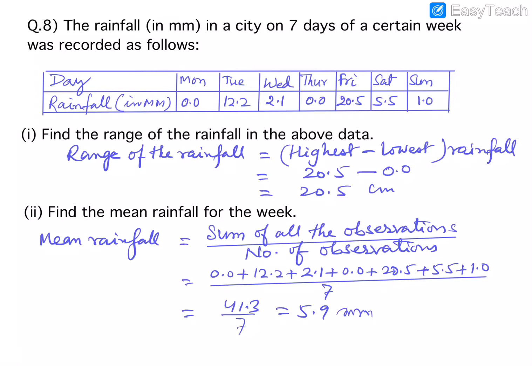या तो 5.9 से थोड़ा कम हुई होगी या 5.9 से थोड़ा ज़्यादा रेनफॉल हुई होगी पर डे. उसका जो एवरेज है, औसत है, वो 5.9 मिलीमीटर है. हम कह सकते हैं कि पर डे जो बारिश है वो 5.9 के आसपास हुई है.